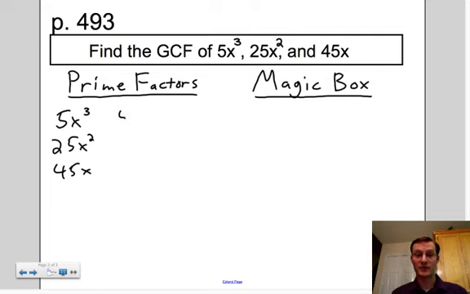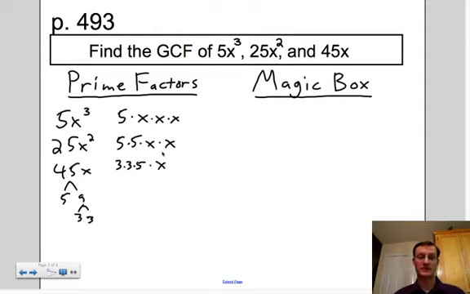Now 5 is a prime number, so 5 times x times x times x, there are 3 of those. 25 would be 5 times 5, and then there are 2 x's. And then 45 breaks down into 5 times 9, which is 3 times 3. So it is 3 times 3 times 5